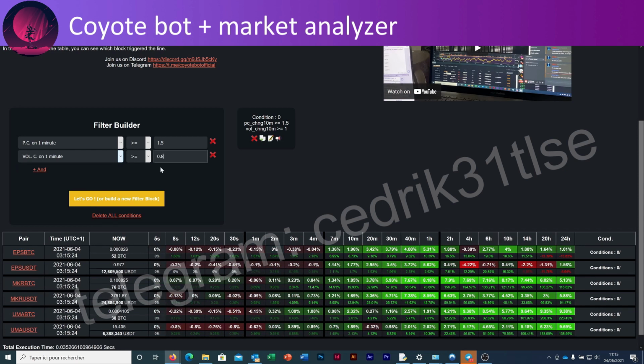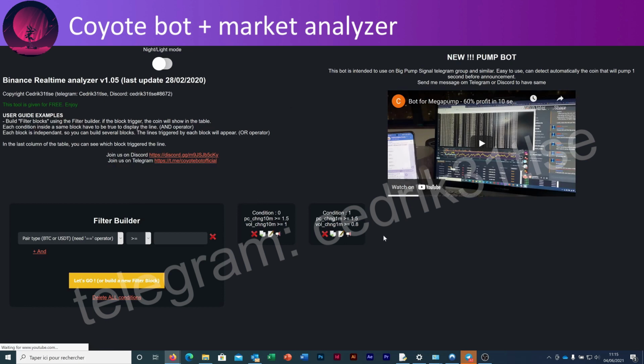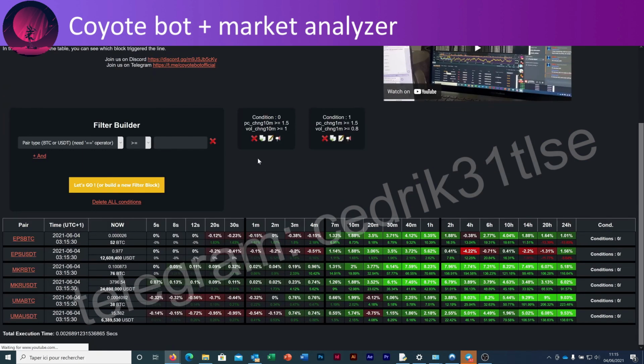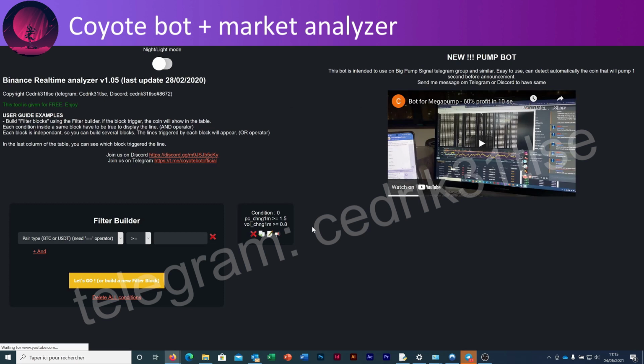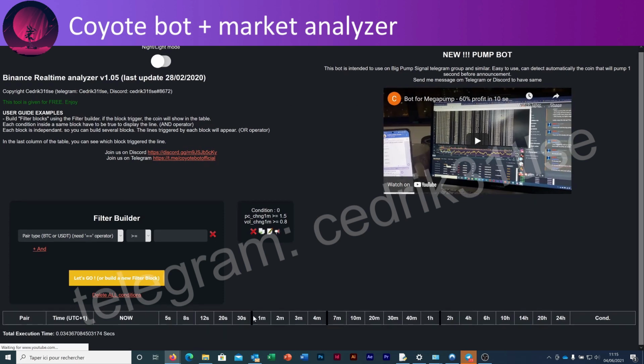So I will also put 0.8, which is good for this kind of movement. So now I can also delete my first filter. And here I have nothing. But if I had something, that means it would be the same movement as we just saw before.